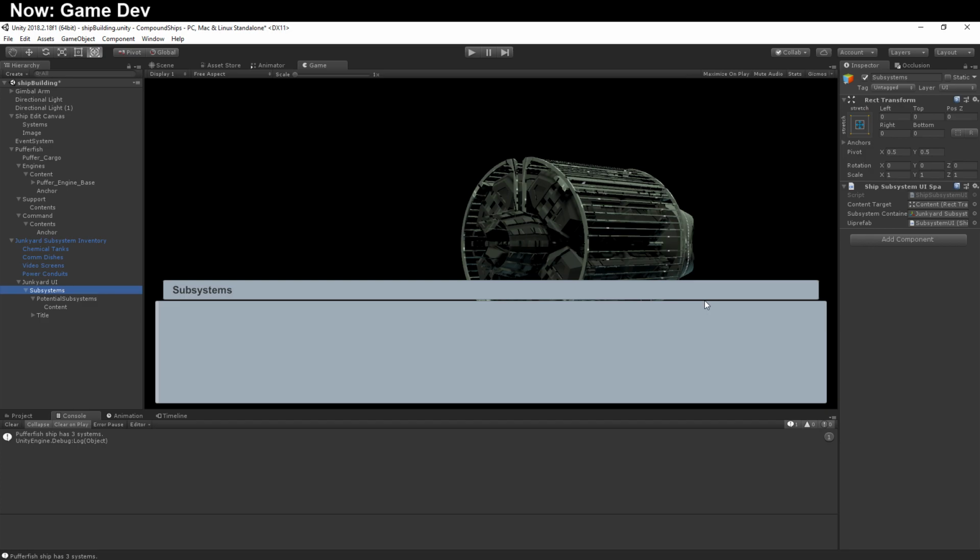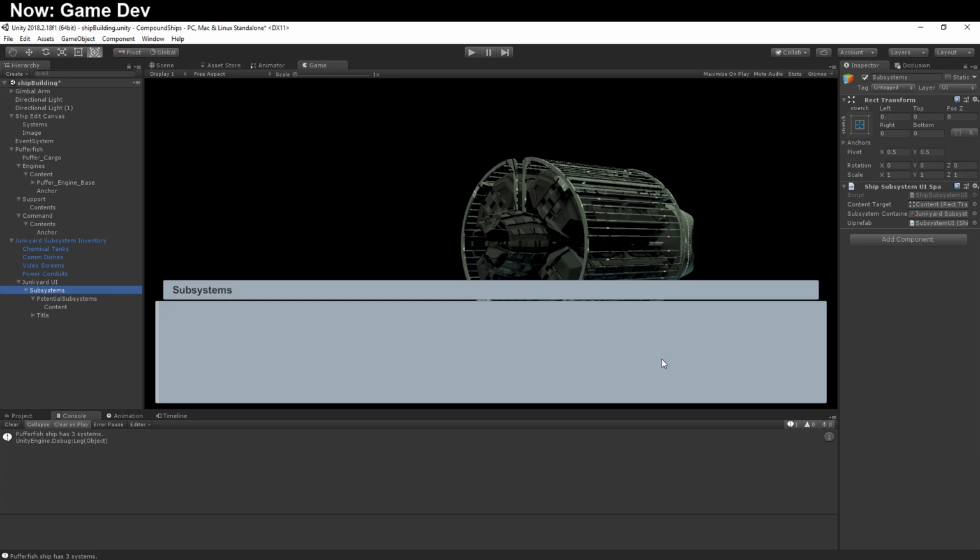mechanism. And for that, what we're going to do is create a method where whenever the subsystems get clicked, we end up creating a new event that tells the ship editor that we're trying to add a specific subsystem to the ship. The way we currently do that is we actually track these all individually. But I think it would be better if we had a generic tracker that we could just submit subsystems to. I'm trying to think if that would be better or worse. I think it would be better,